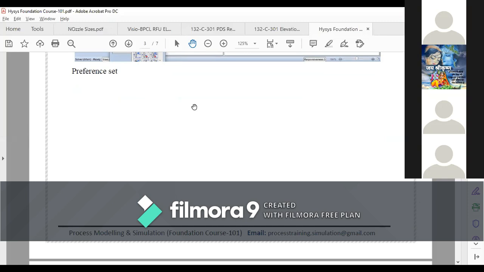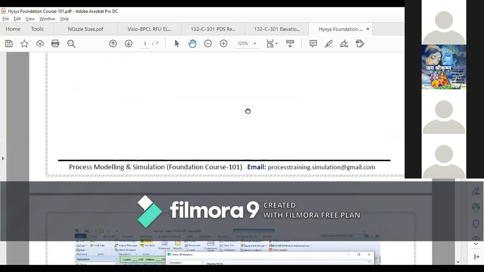Then you are sending it to the other plant. That raw material is basically your component list. That component list may be pure components, or pseudo components, or an assay. That assay you will characterize and convert into pseudo components. Then only you will be able to proceed for the simulation.